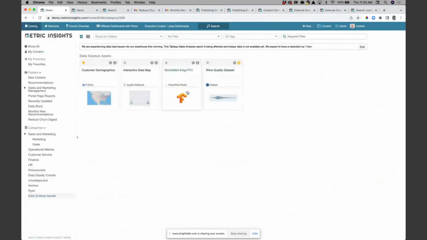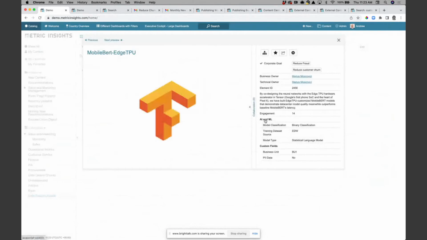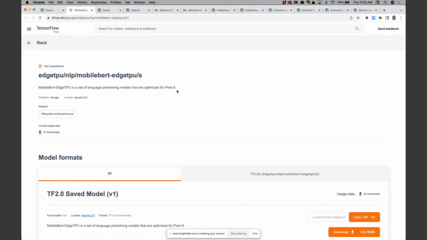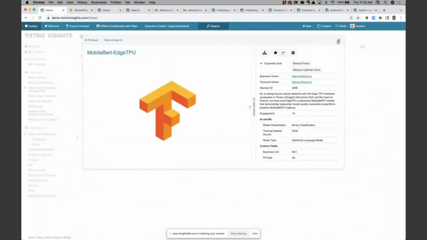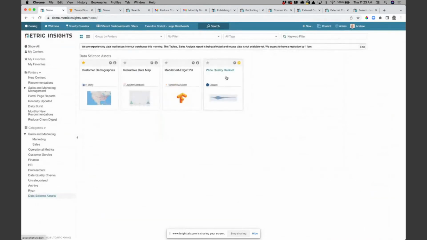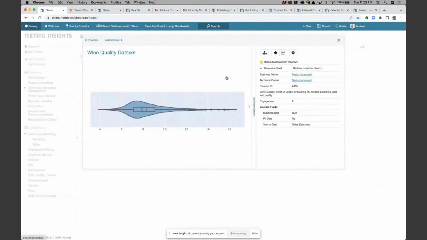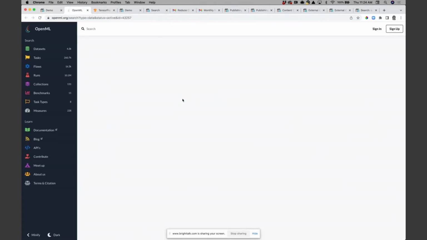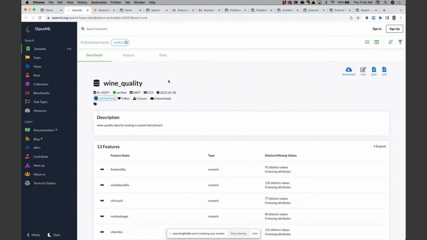A tensor model, similar thing, the necessary categorization, regardless of where you're hosting that model, whatever repository that might be in, I should be able to go out and get access to it through the portal. And also things like data sets that you might want to publish. Again, you may be hosting those somewhere in a particular repository, but I should be able to access those data sets, see what they're intended for, see who owns them, and then either embed or link out to those so that I can get access to them in one place.